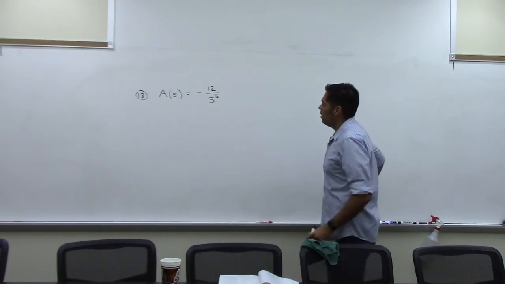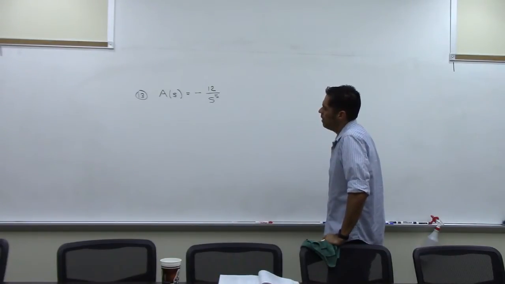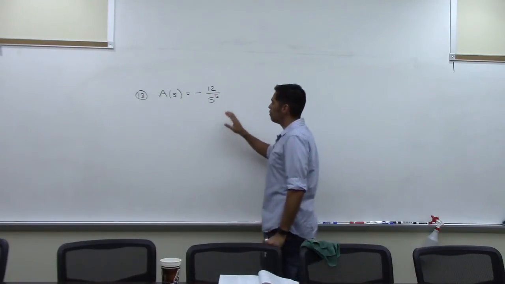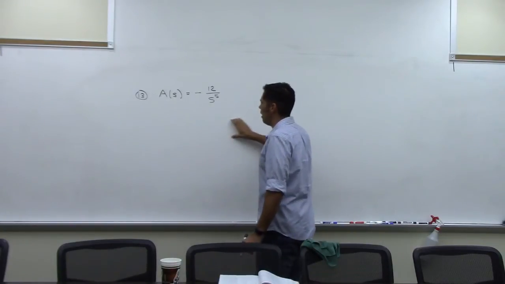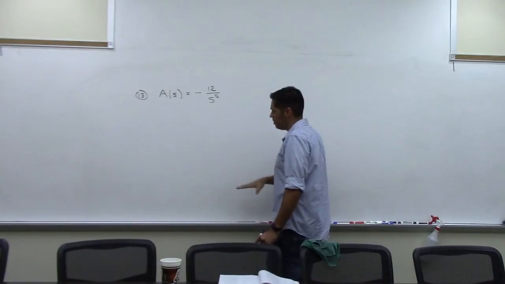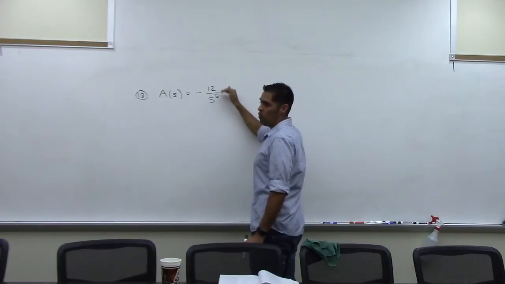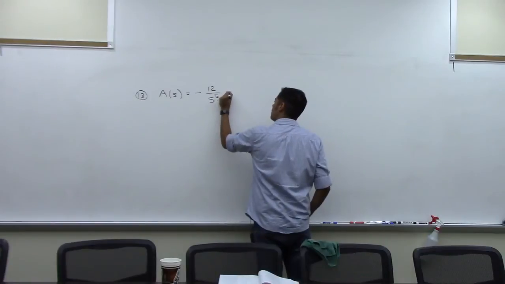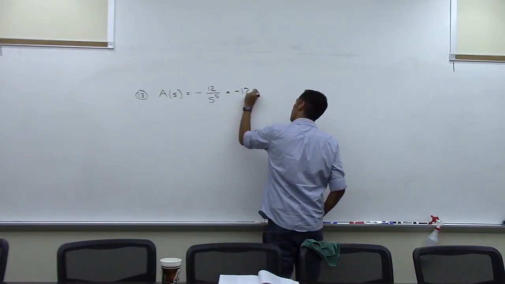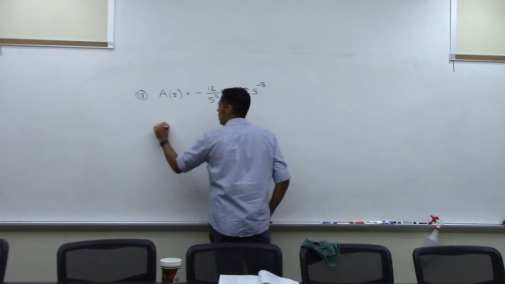All right, well, you can make this hard or you can make it easy. All I'm going to do is use properties of exponents first to get this back to a single line instead of a fraction. Because right now, up to this point, we don't know how to deal with taking the derivatives of fractions, or what we call quotients. We will have a rule for that later. But for this, we can just say this is the same as negative 12 s to the negative 5. So just rewrite it first. And then when you come to take the derivative,